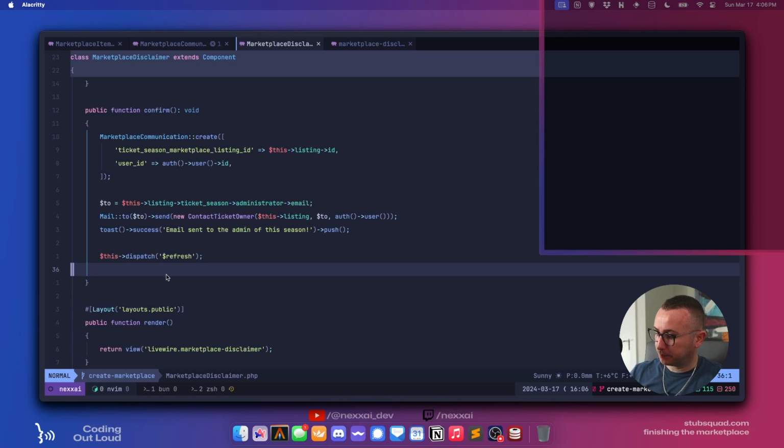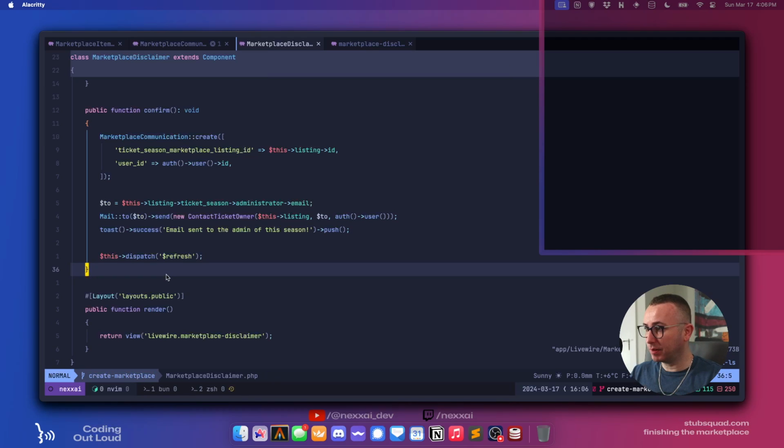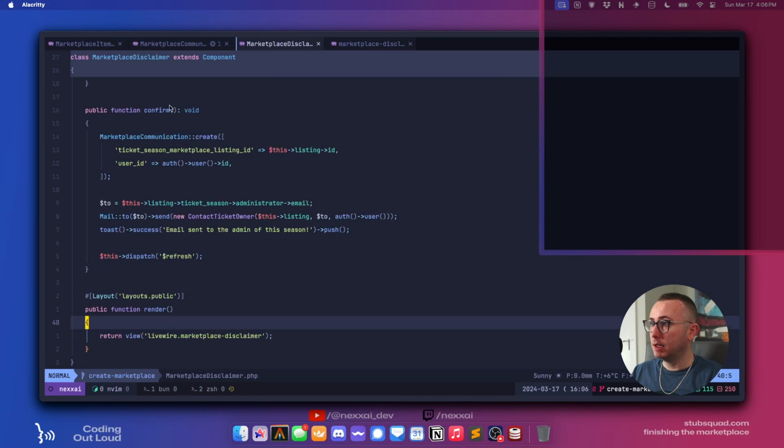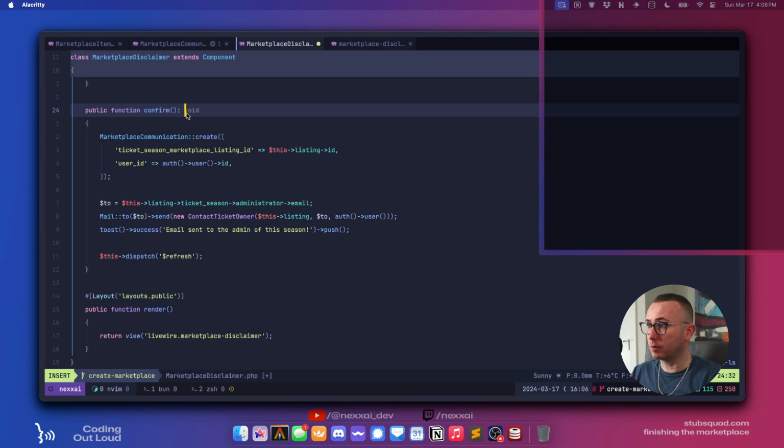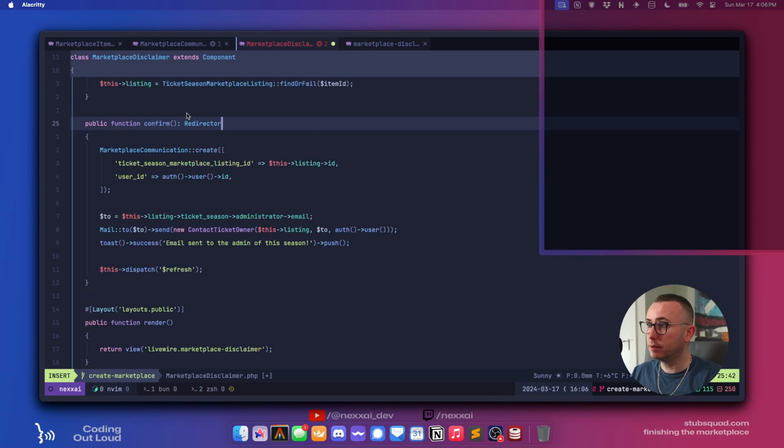Let's see. Render that. And so when we confirm, create, yep. We want to create that thing. We want to send the email, and then we want to return a redirect response.